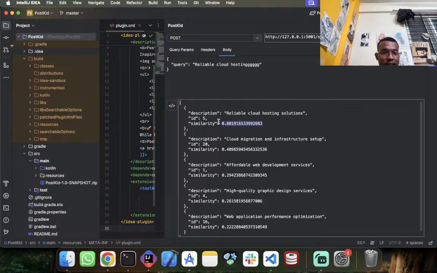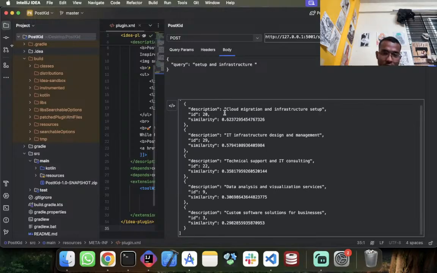सिमिलैरिटी के बेसिस पे कि कितना % बायस है। अगर मैं यहाँ पे ये लिखता हूँ, लेट सपोज मैं इसको ऐसे करता हूँ, गलत स्पेलिंग छोड़ो, मैं इसको आगे पीछे कर देता हूँ। सेटअप एंड इंफ्रास्ट्रक्चर, मेरे को नहीं पता क्या है, देखो, सेटअप एंड इंफ्रास्ट्रक्चर सिमिलैरिटी के बेसिस पे वही देगा, जो टॉप मैच होगा।